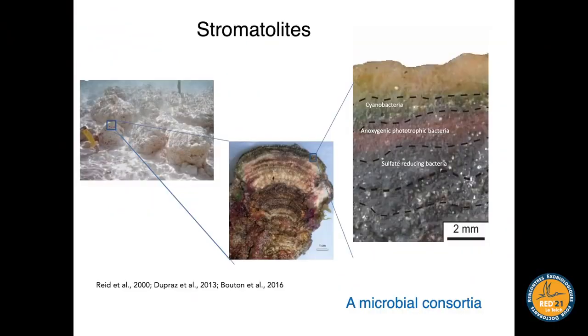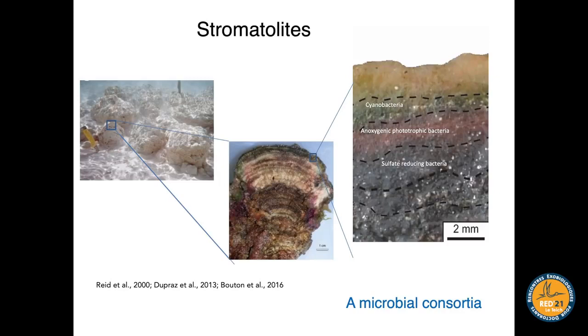Here is an example from the Bahamas, from a modern stromatolite. You can see this structure, like cauliflowers, living in the ocean. If you cut inside, you will find an association of minerals and microbes with various colors. And if we zoom in on the top part of this stromatolite, you will find that the microbes are completely organized